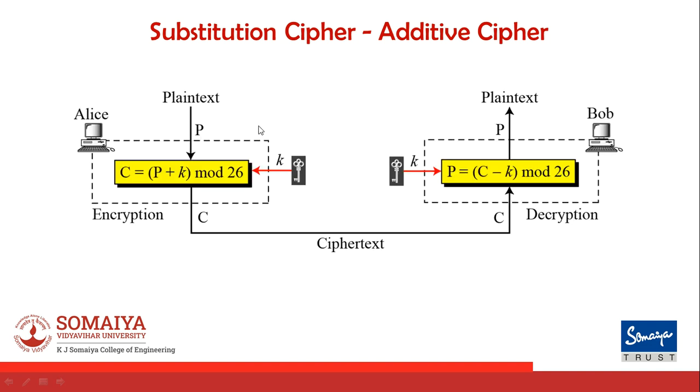So how exactly does my shift cipher or additive cipher work? Plaintext is the input that is provided to my encryption algorithm. On this plaintext, we are adding the key that is provided. Taking the mod of these two with 26, because 26 is the number of symbols that we are considering, we are getting the ciphertext. Ciphertext is the input to my decryption algorithm. Here I'm subtracting the key from the ciphertext symbol and again taking the mod, because my 26 different symbols are there, and getting back the plaintext at the receiver side.